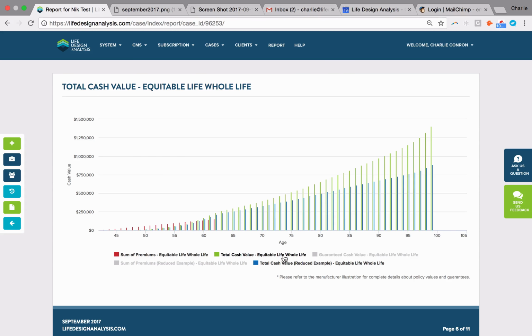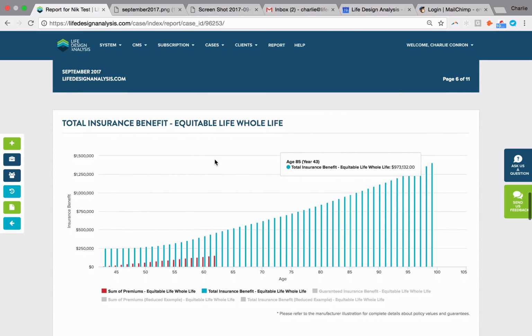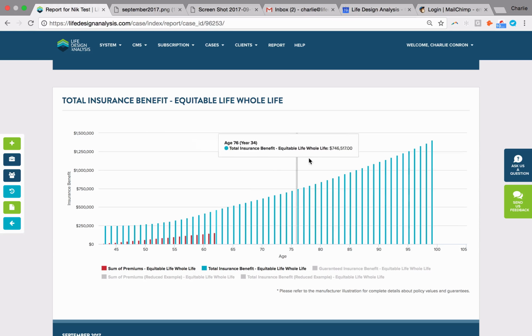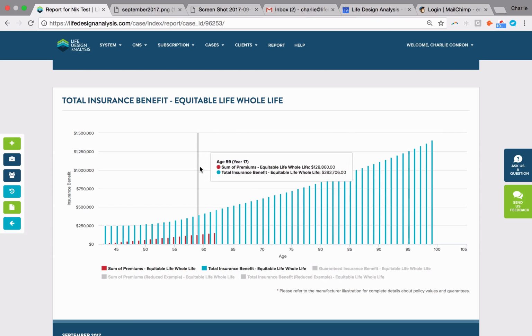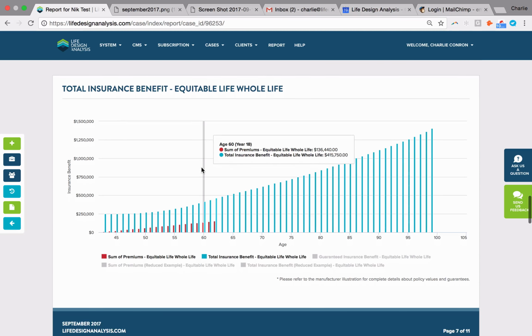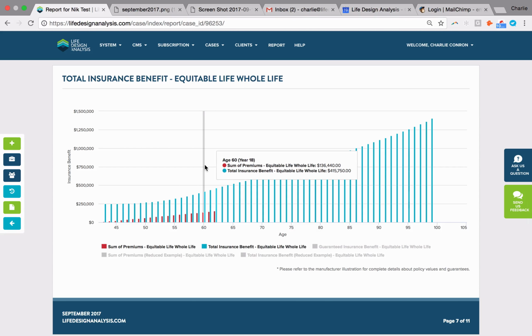And again, I'm just using these interactive legends to toggle on and off these different values. These are going to be really important for your client to interact with, especially when we share this case in, say, an email campaign. Again, insurance benefit growing. Big thing here, watching that paid up addition at work, especially for a client this young. And if this was still too much, if you still thought this price point, there's lots of ways we can reduce the cost of this whole life.